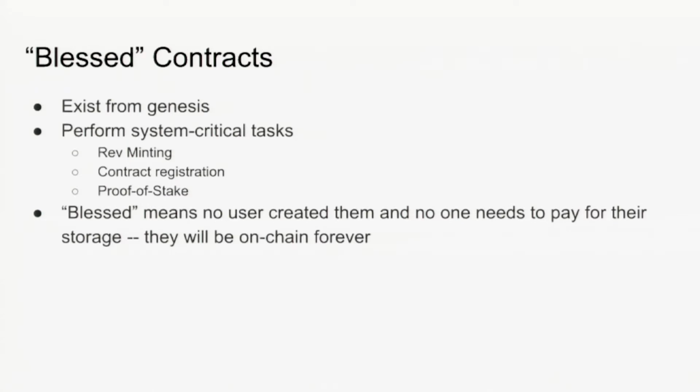So blessed also means that certain parts of the system will look at the contents of that contract and make decisions on it. So the proof of stake contract is the blockchain visible part of the proof of stake algorithm. It's the part that has to come to consensus. It's the mushroom part: mushrooms grow underground and then they pop up and you can see only a part of it. Anyway.